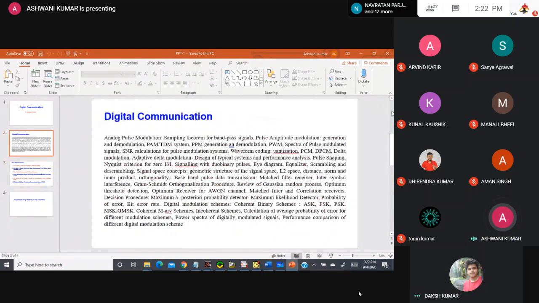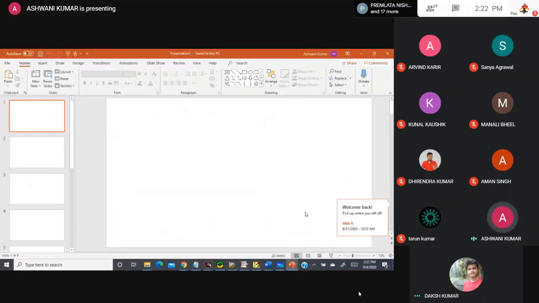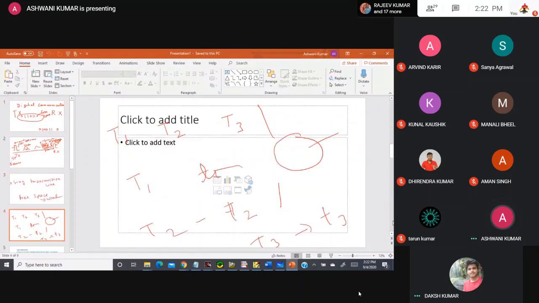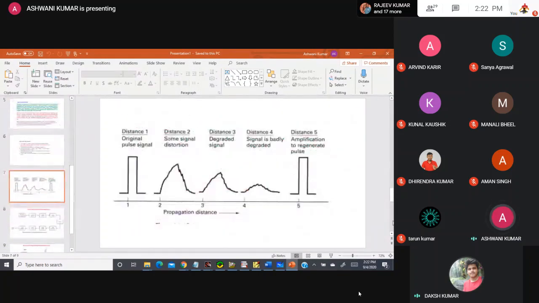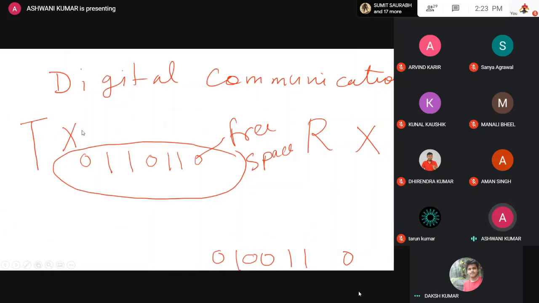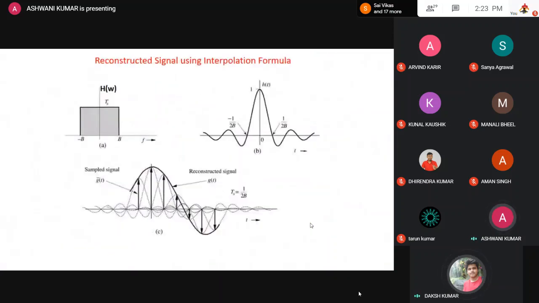Actually, what is the low pass filter passing? First tell me this question. The low pass filter is passing the low frequency signals. Not low frequency signal, but all the pulses. And when you have all the pulses, all the pulses have their sinc function, so the value of the sinc function is varying.